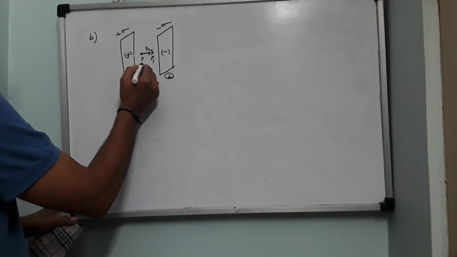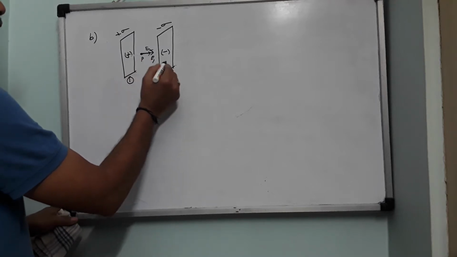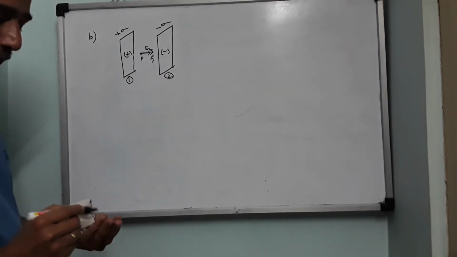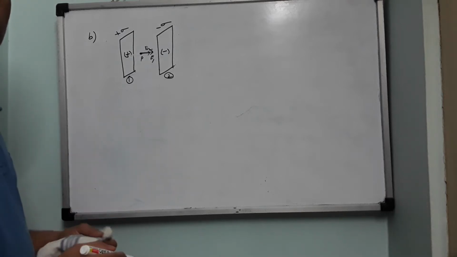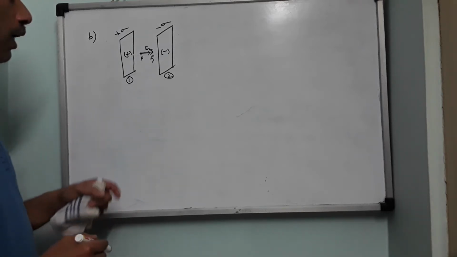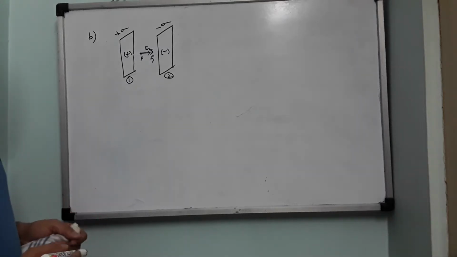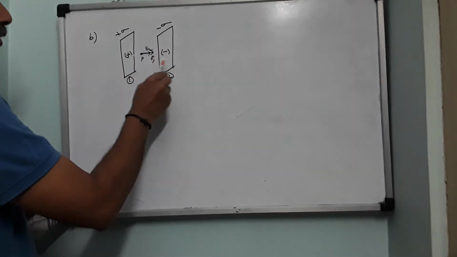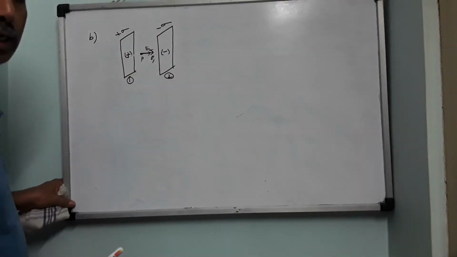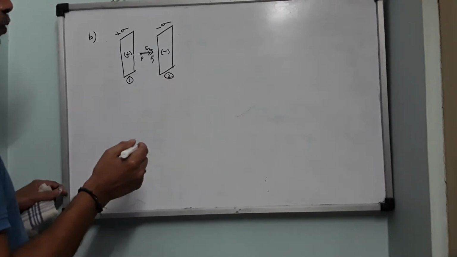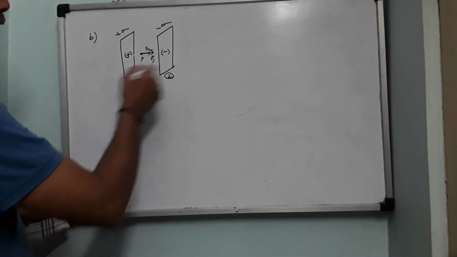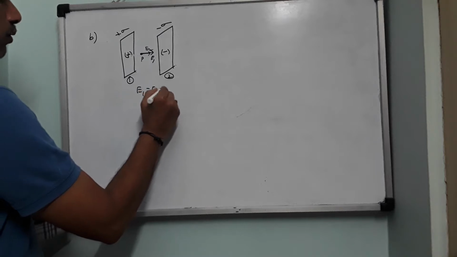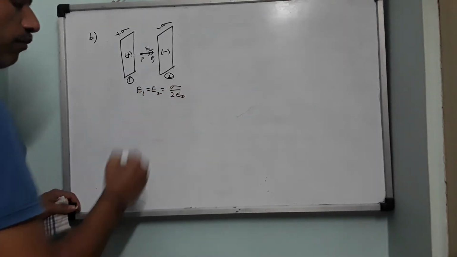If you see, point P is closer to the first plate and relatively far away from the second plate. Generally we have a concept so far that electric field decreases as one moves away from the source charge. But yesterday we proved that electric field due to a sheet of charge is independent of the distance. So whether P is very close to 1 or very close to 2, anywhere in this region the electric field will remain the same. So E1 and E2 magnitude wise are equal, and both of them are pointing in the same direction. So E1 equals E2 equals sigma by 2 epsilon naught. This is what we derived yesterday.